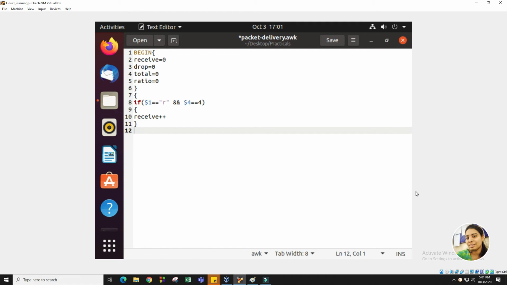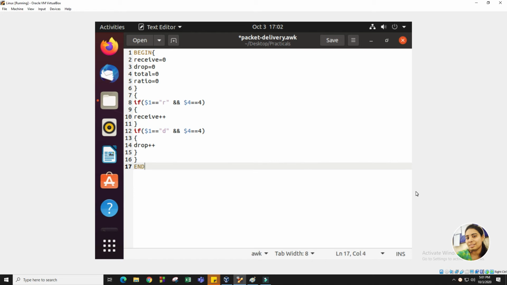Now we will provide another condition: if the event is of drop type and the destination node, that is $4, equals 4, since we want to calculate this scenario only for node 4, then we simply increment our drop. And this loop is finished.